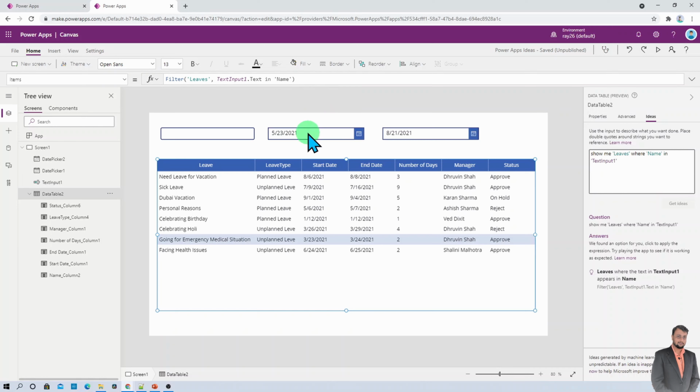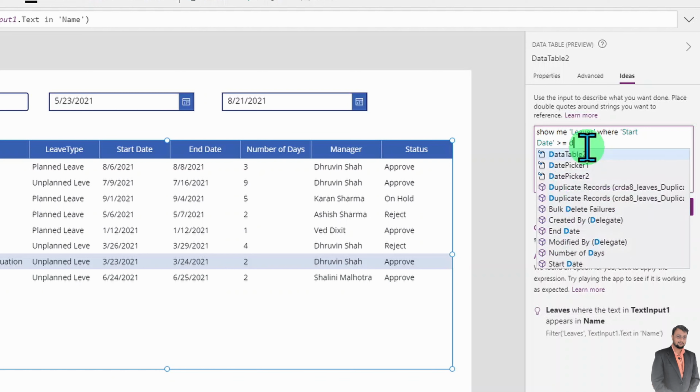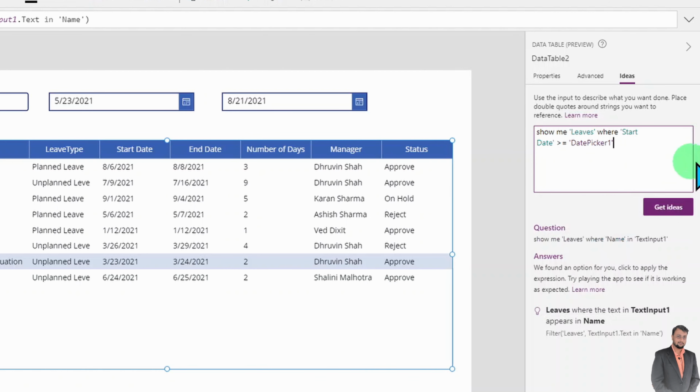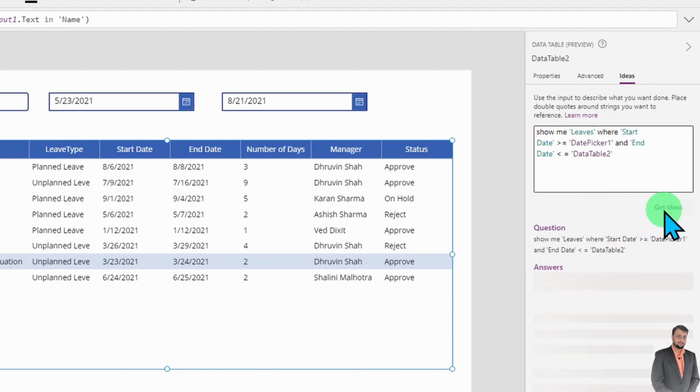Now let's say I need the records to be filtered by greater than or equal to this date and less than or equal to this date. Then I can simply type a question like show me leaves where start date is greater than or equal to date picker 1, it is showing me in the suggestion, and end date is less than or equal to date picker 2, and click on get ideas.